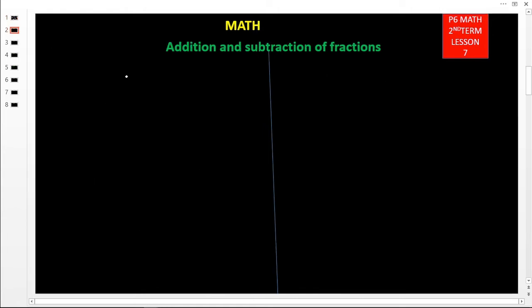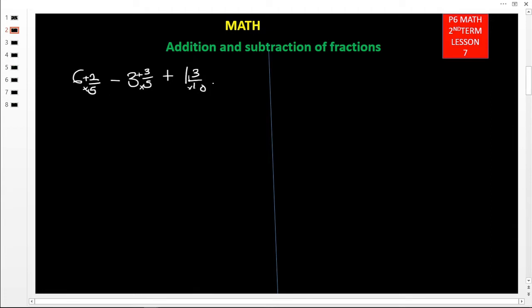This other example is saying 6 whole number 2 out of 5 minus 3 whole number 3 out of 5, then plus 1 whole number 3 out of 10. My dear learner, now when you look at these numbers, we are given what we call mixed fractions. Then what comes into our minds? We have to first change these mixed fractions into improper fractions, that is times, plus,